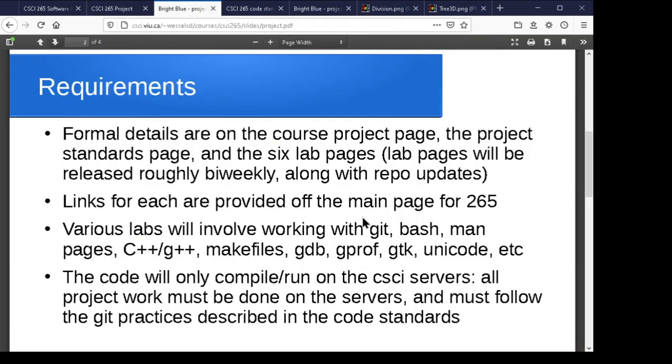There's links there for each of the labs. And what you're going to be doing in the labs is essentially trying to apply all of the stuff that we talk about in the lectures. So in your labs for your work on the project, you're going to be doing things with Git, with Bash scripting,